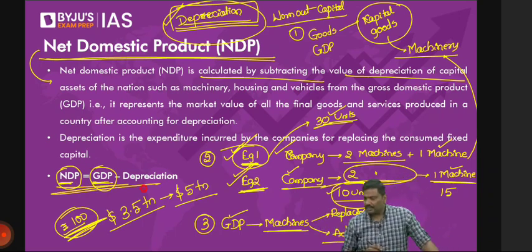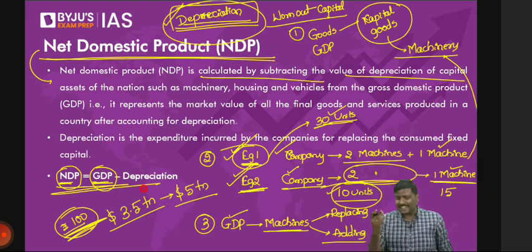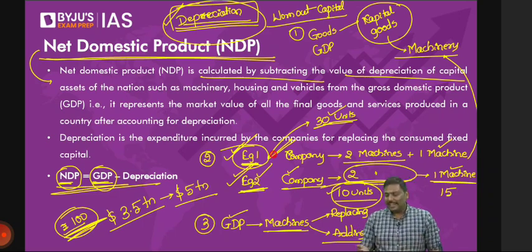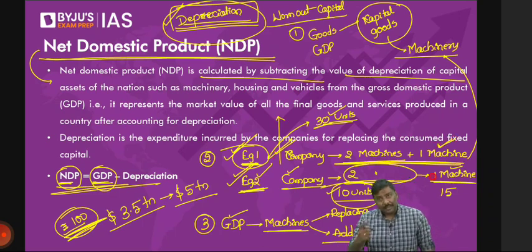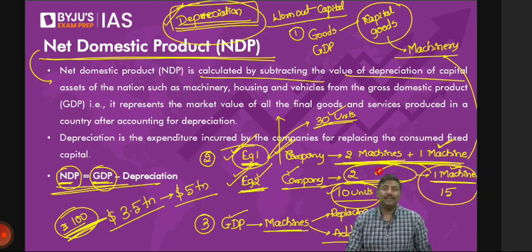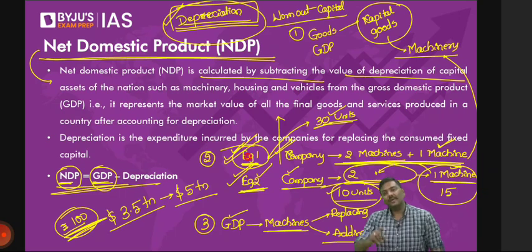But sir, if depreciation is high, won't it mean high production in the economy? How? You tell me. How, my dear? That's the reason I started with an example. What was my argument? If you add capital to the existing capital, production would increase. But if you use the capital to replace the capital, production will not increase. The example is right in front of you, even then you're asking the same question. In example 1, are you adding capital or not? At least look at the example. Are you adding the capital?